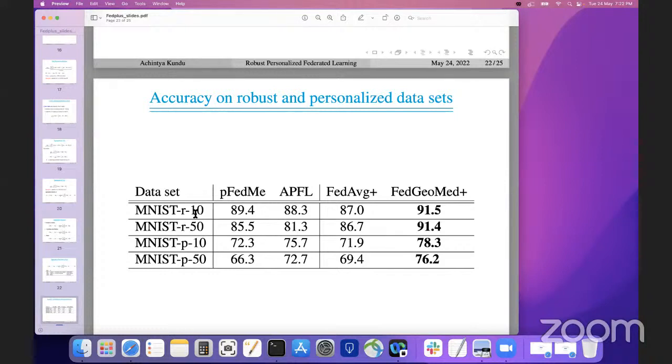In the personalized setting, let's say the base setup is IID. You take a client and then you randomly choose 2 digits and the images corresponding to those 2 digits. You add a lot of noise, Laplacian noise. So the distribution of those images will change, right? For a different client, you choose 2 different digits, and then you do the same, adding noise. So basically now each of the clients will have a different data distribution, right? This is how we artificially generate robust and personalized data sets out of any MNIST. Thanks.